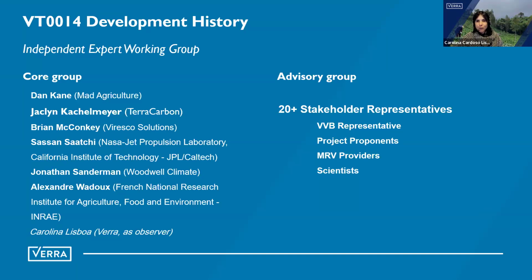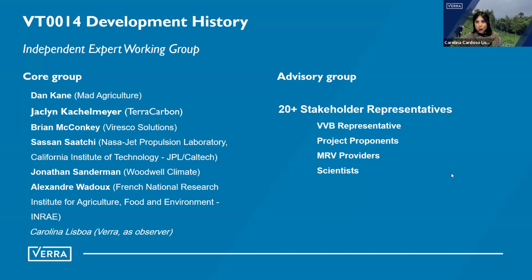Dan Kenny, who works now for Med Agriculture. Jacqueline, formerly Terra Carbon. Brian McConken from Viresco. Sassan from NASA Jet Propulsion Laboratory. John Sandeman from Woodwell Climate. Alessandro Padux from INRI, and I joined only as an observer. And we have